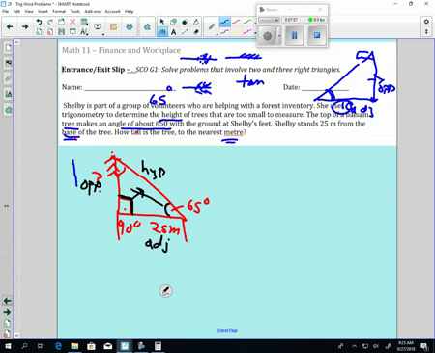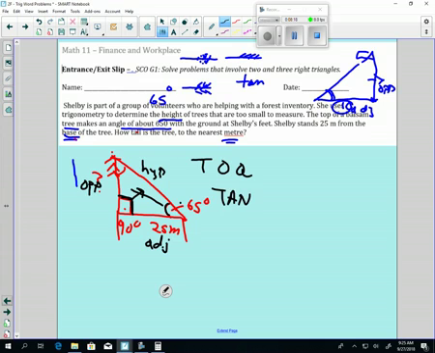So I look at it. What am I given? A. What am I looking for? O. Well, the only trig ratio that has O and A in it is TOA, tangent. It's not SOH, it's not CAH, it's TOA. So I know I have to use tan. So then I write tan